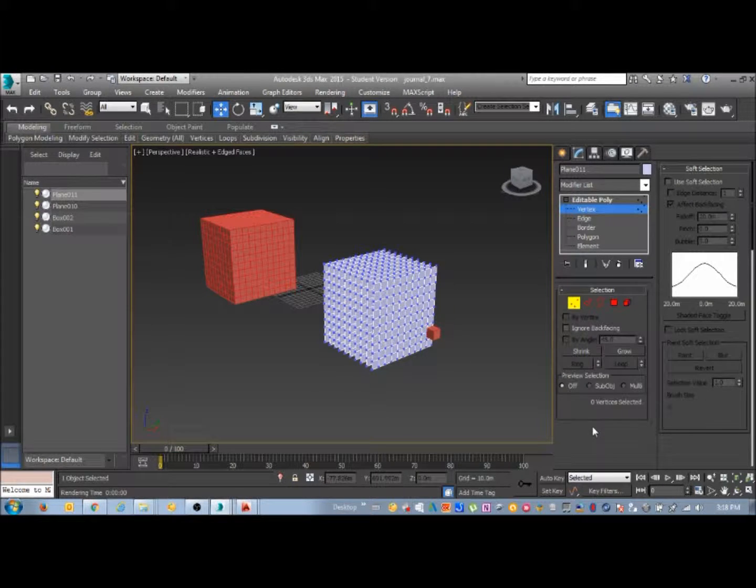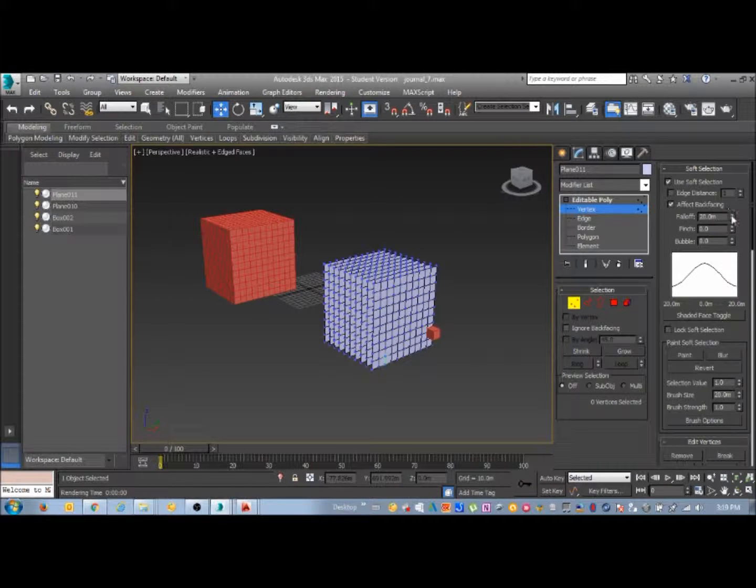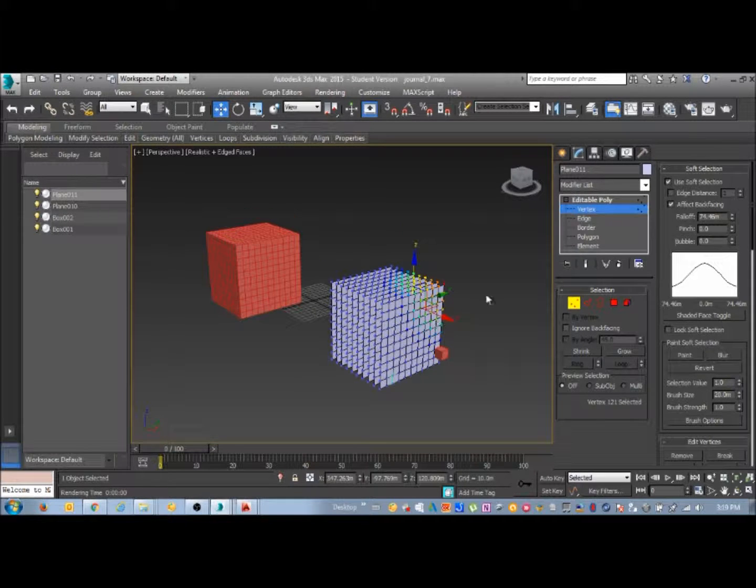If we turn on soft selection, use soft selection, and turn up the fallout, so we can see the colour indicators spreading out there. We should now be able to adjust these vertices. So we'll click this edge one here,